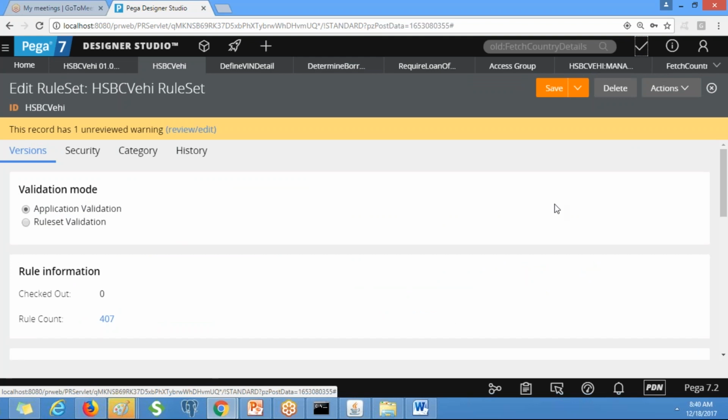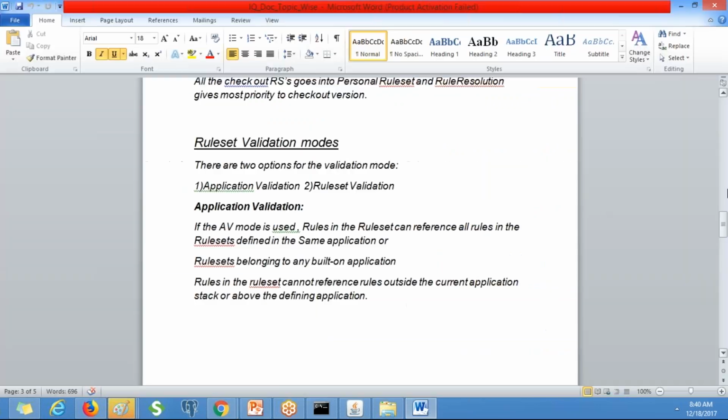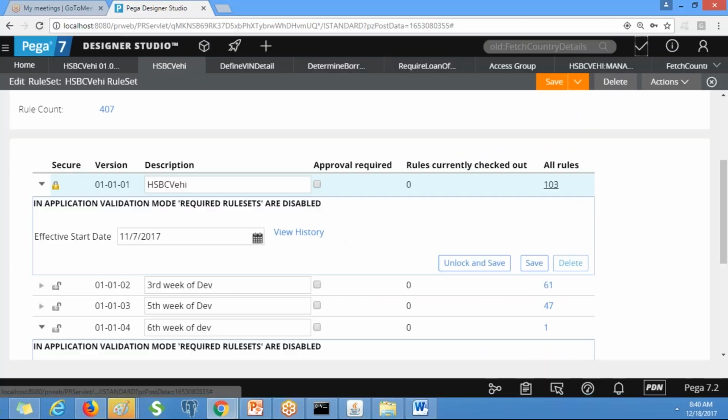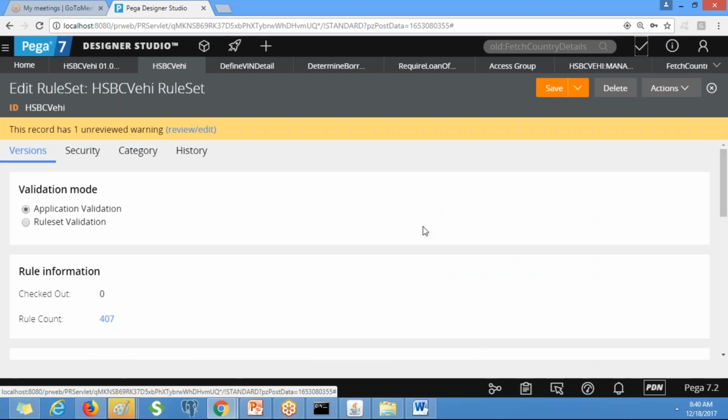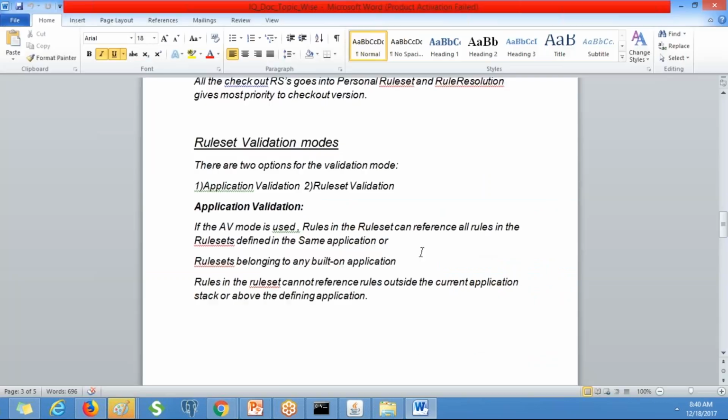When the rule set has application validation, the rules in the rule set can reference all rules in the rule sets defined in the same application, or rule sets belonging to any built-on application.